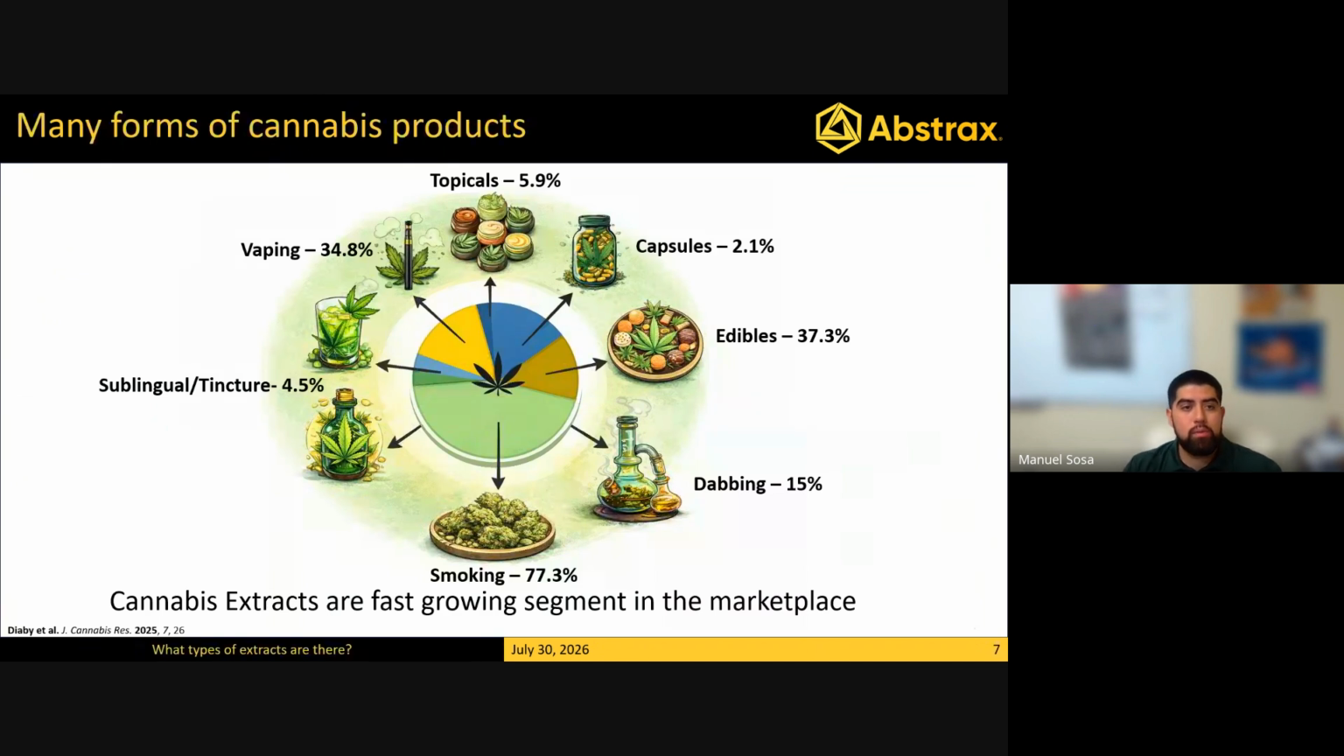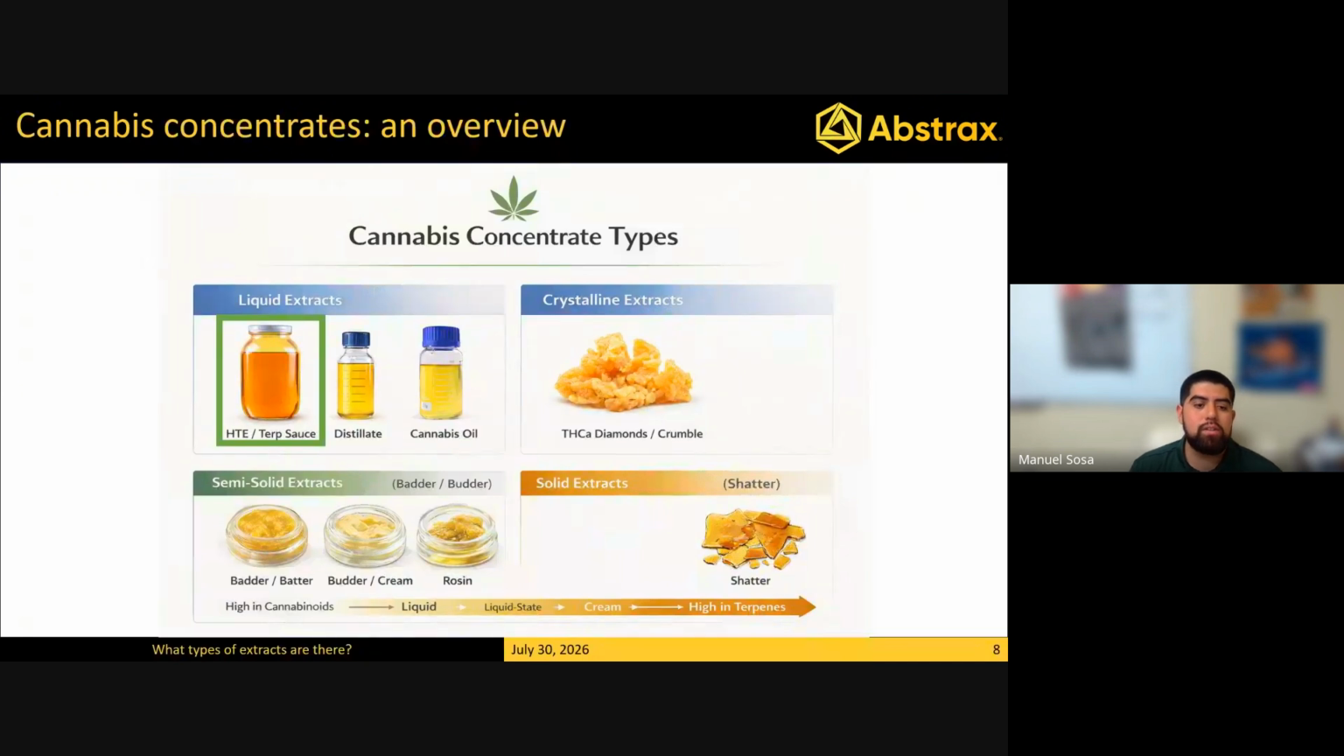There are many ways to consume cannabis products. We have your topicals, your capsules, edibles. You can dab it, vape it. But for many of these, you can't just use flower. You have to make an extraction of cannabis concentrates. In order to do this, you have a couple options, right? For cannabis concentrates, you have your HTE, which is a high terpene butane hash oil. You have distillate cannabis oil. You have crystal-like products like sugar, which is THCA. And honestly, the list goes on, right? I don't even have a majority of them on here, but today we're going to be specifically talking about HTE,